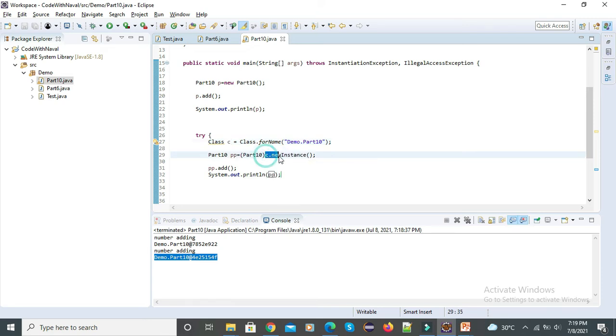Here you get your object. Then you have to typecast that object to your class name. Simply for that, I'll use in a bracket your class name, and you get your object.